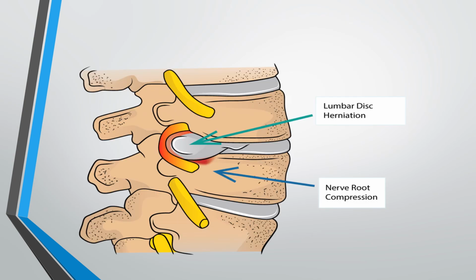Now here is the representation of the typical vertebral disc. So here we have a lumbar disc herniation, and here it affects the nerve root,